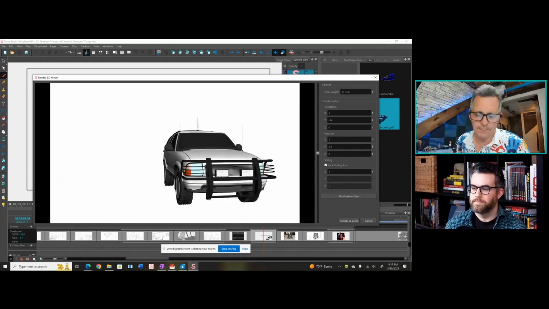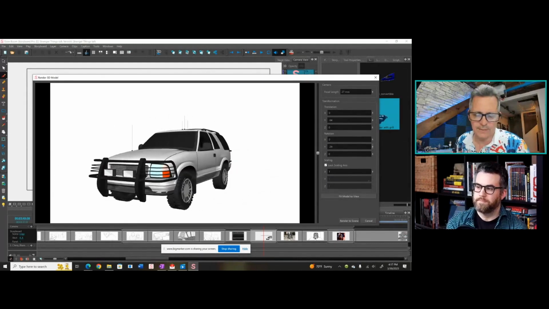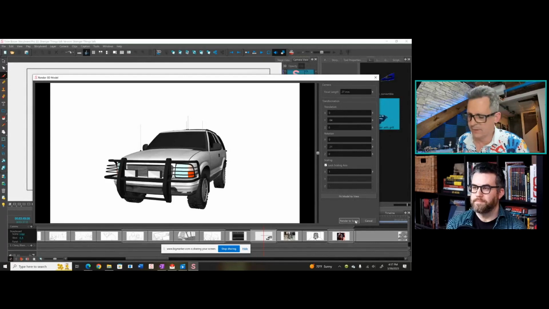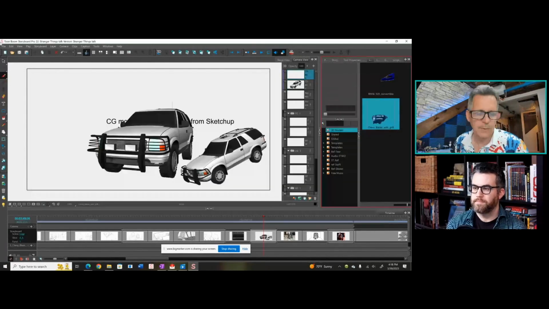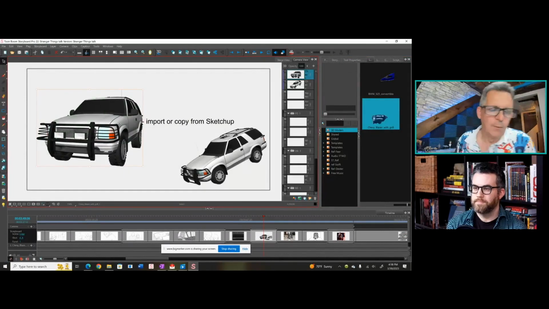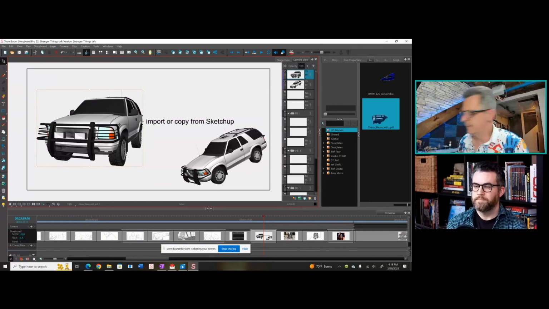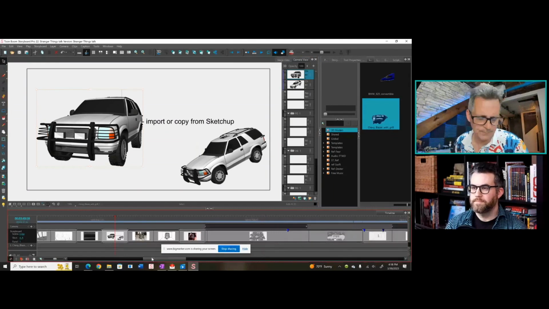And then off of my thumbnails, I can grab exactly the angle that I need and render it out to 2D, which makes it really quick and easy. Why would I draw that if I can do it that quickly and get it in at the right angle? So that makes everything I do so much faster.